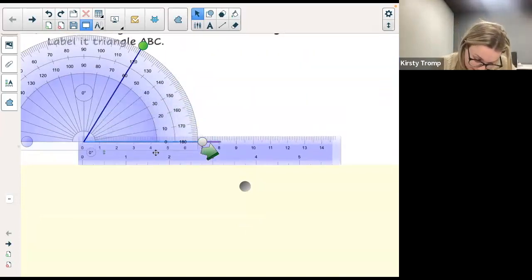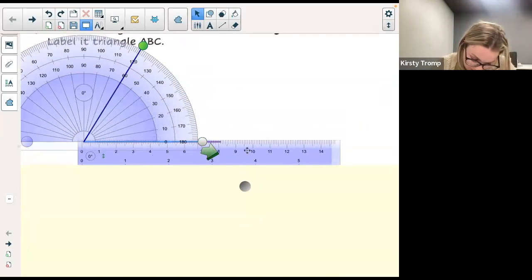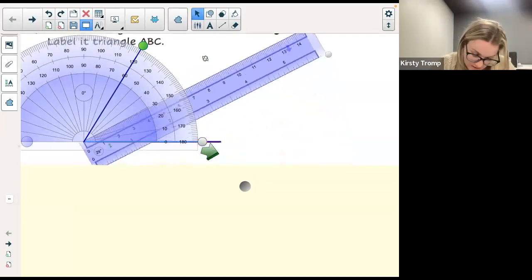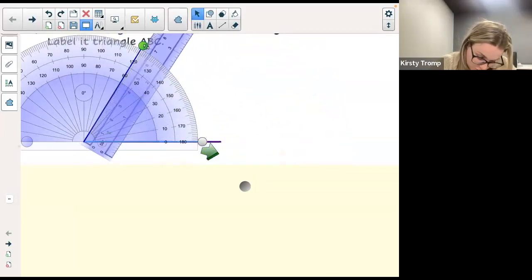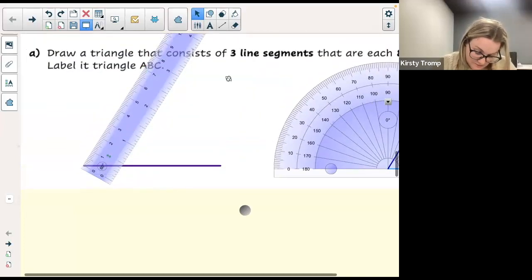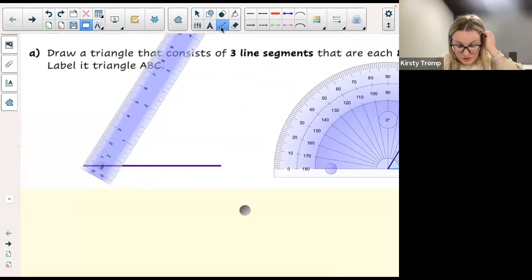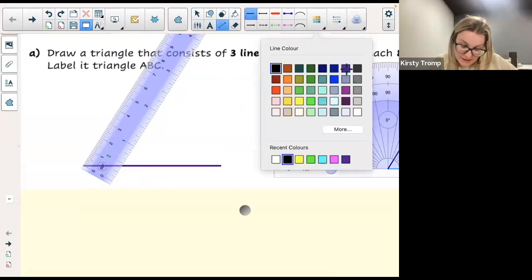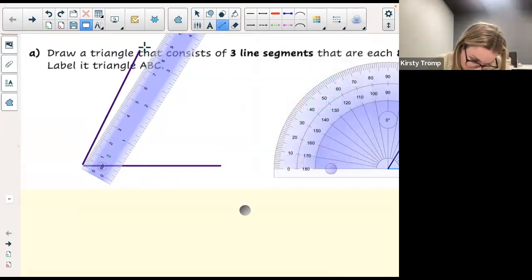I'm going to bring my ruler back in here. Put him on the 0. All right. And draw my line up there. Move my protractor out the way. Okay. Oh dear, it's going to go into the question. Sorry, guys. So, drawing my line again from 0 all the way